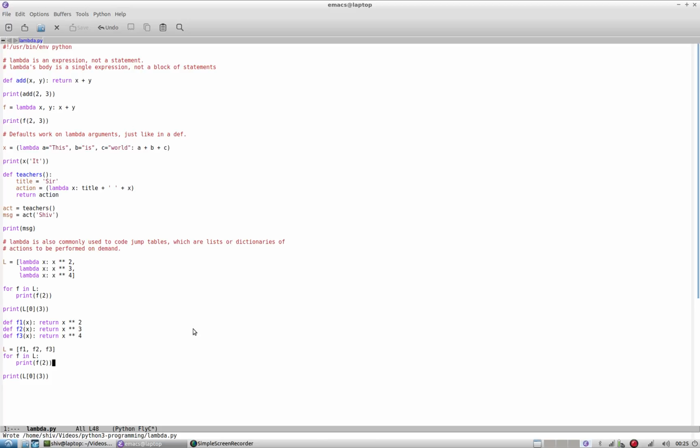Lambda calculus was proposed by Alonzo Church and Turing. Later, it got major adoption in Lisp language. This lambda has come from the similar semantics. In Python, lambda is an expression, not a statement, and the lambda's body is a single expression, not a block